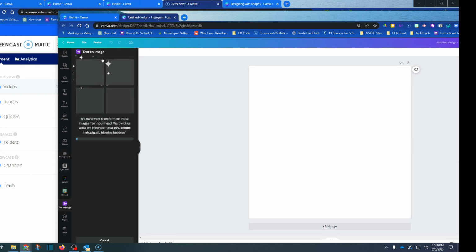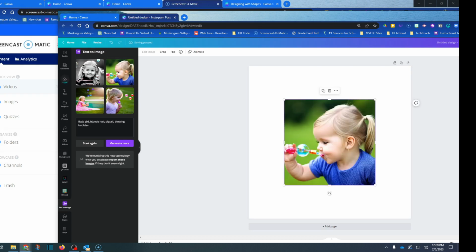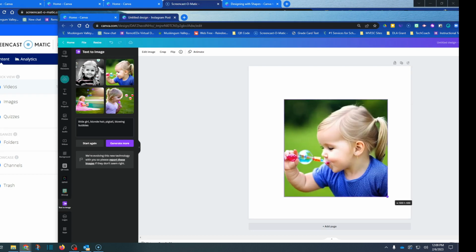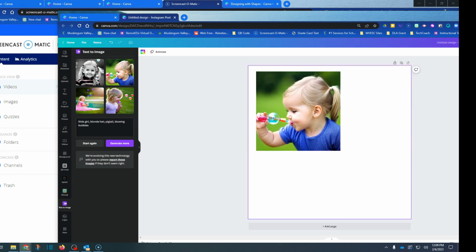It's going to think, you can see it working its magic up here. You see your bar there, when it gets to the end, you can see that these are the images that it created. So I said, little girl, blonde hair, pigtails, blowing bubbles. This is the image that I got. So I'm going to click it. Now it's able for me to use on my different projects that I want to do.